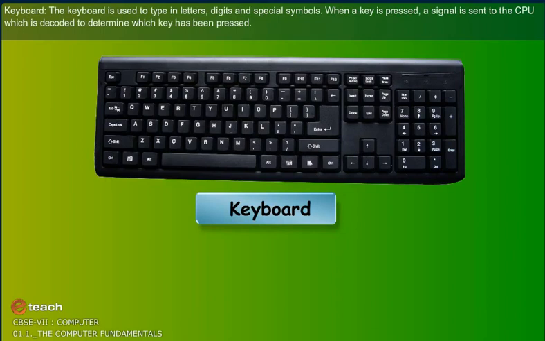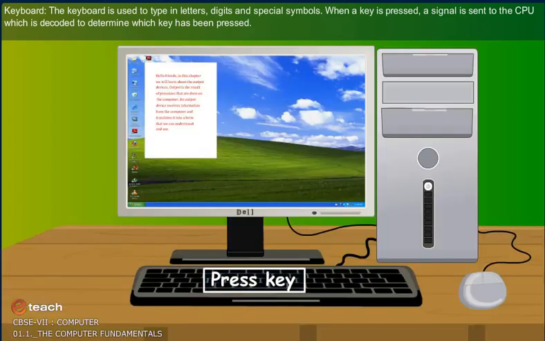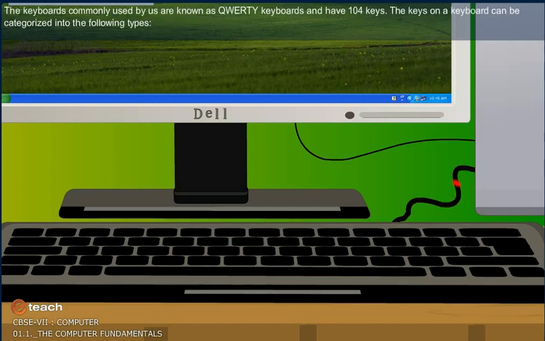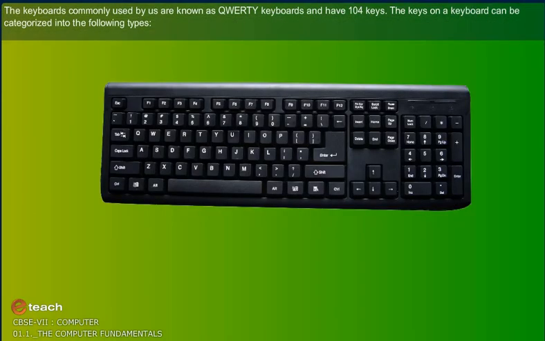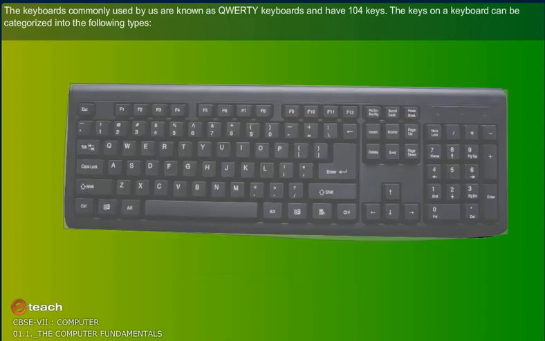Keyboard. The keyboard is used to type in letters, digits, and special symbols. When a key is pressed, a signal is sent to the CPU, which is decoded to determine which key has been pressed. The keyboards commonly used by us are known as QWERTY keyboards and have 104 keys. The keys on a keyboard can be categorized into the following types: